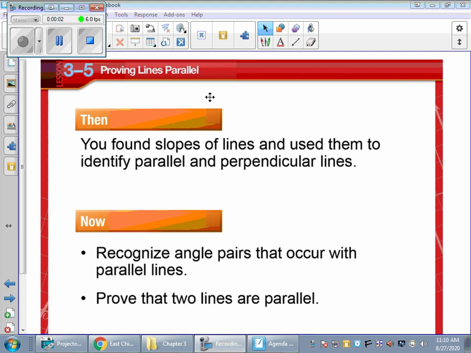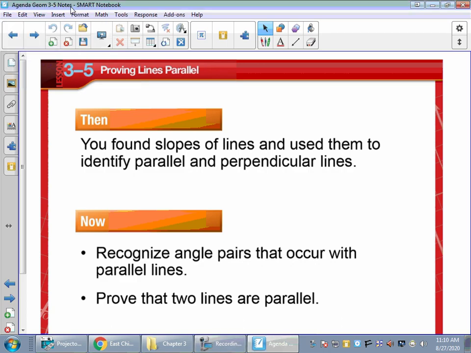Okay, folks, we're back with algebra, and this time we are in section 3.5. This is the last section in chapter 3, so I hope you're excited about that. This section is very similar to, in fact, it's just the opposite of section 3.2, where you found the different